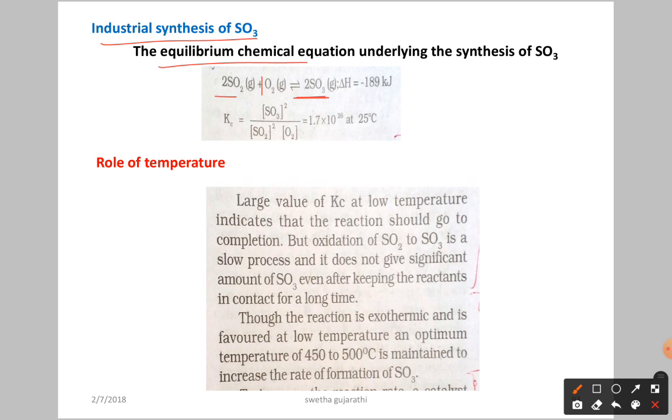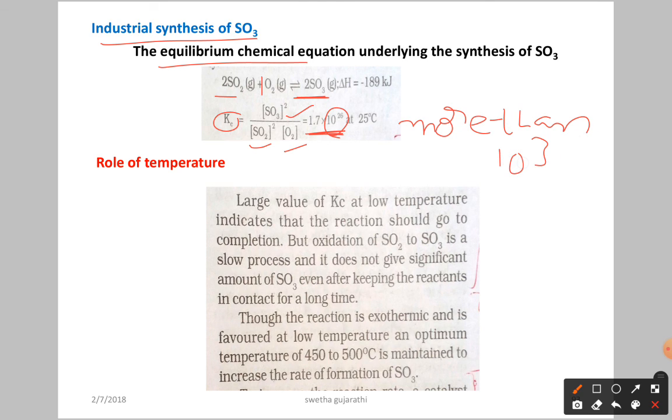Okay. Now what is the equilibrium constant here? Again you are going to take the molar concentration of product to product of molar concentration of reactant. Okay. Again here if you see the Kc value, 10 to the power of 26. Okay. Again it is what? More than 10 to the power of 3.